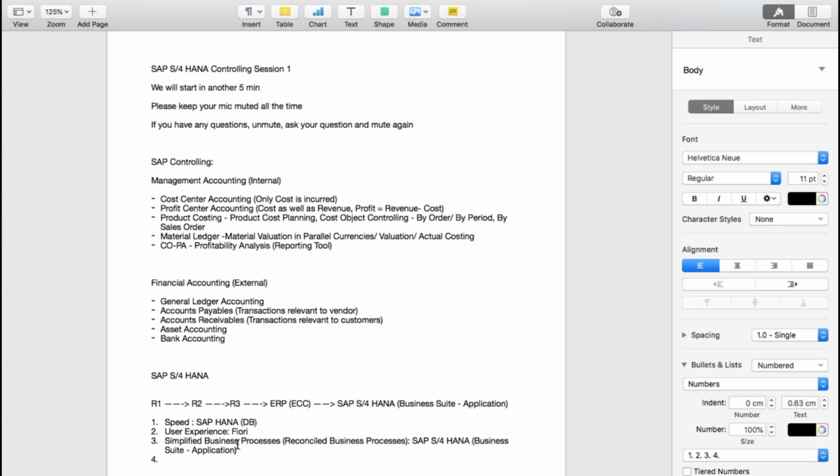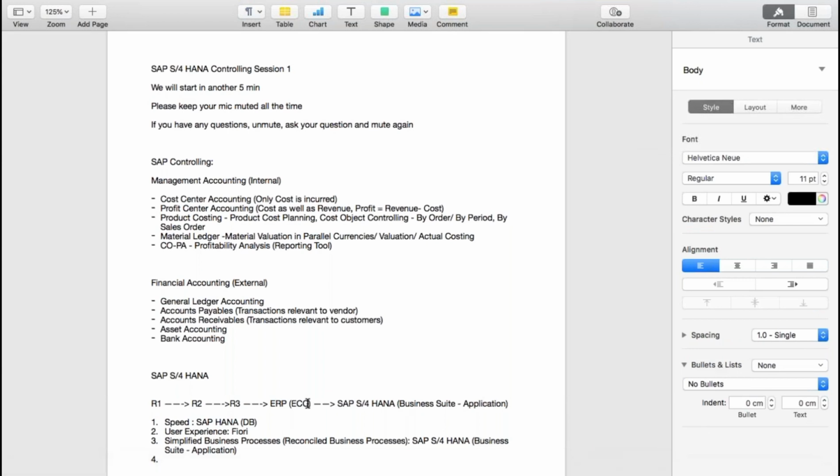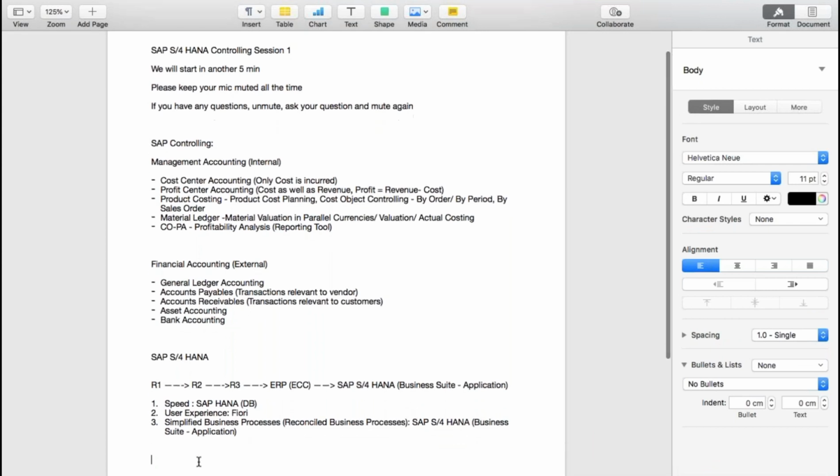If I ask a simple question, can I use the HANA database in SAP ECC? Yes. Just to clarify, can I use the SAP HANA database along with ECC? Yes. So what would be the name of that product? SAP HANA is a database.